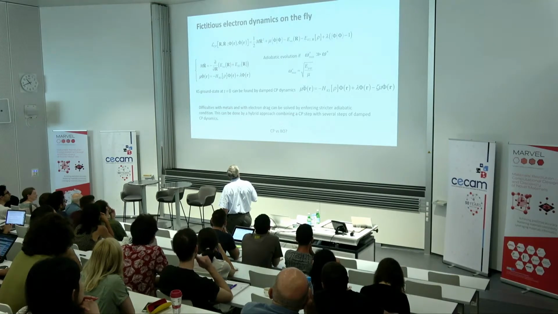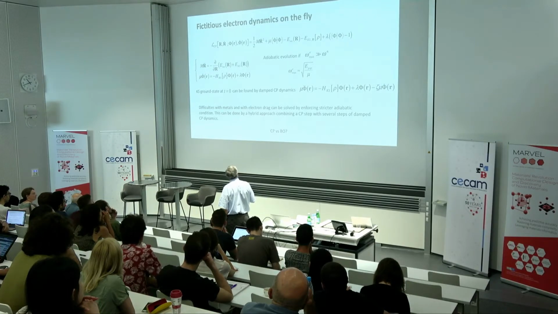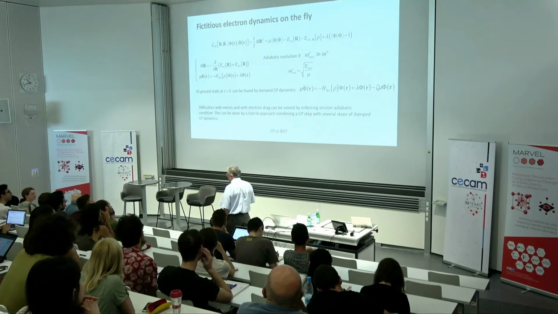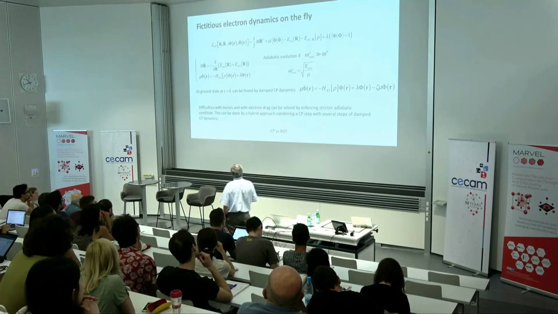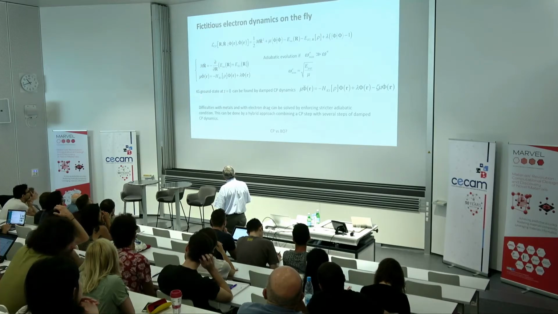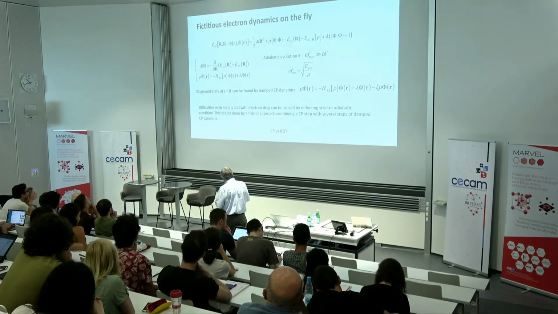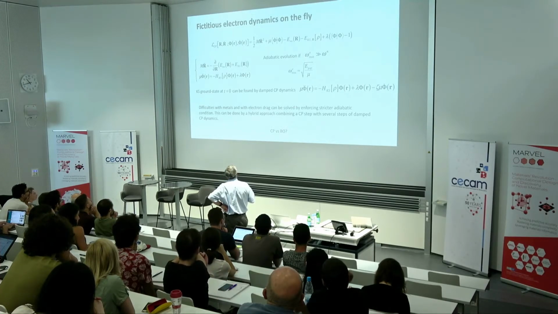And the minimum frequency of the electronic dynamics is to very good approximation given by this simple expression, the square root of the energy gap in the system divided by this mass parameter. If we start in this equation with the Kohn-Sham ground state at t equals 0, then the system will evolve with the electrons always wandering around the instantaneous ground state if these conditions are satisfied.